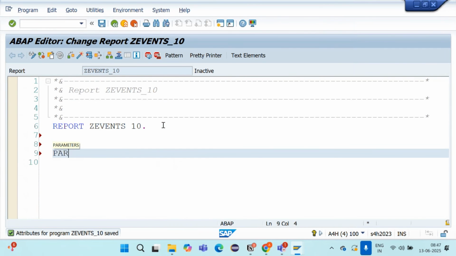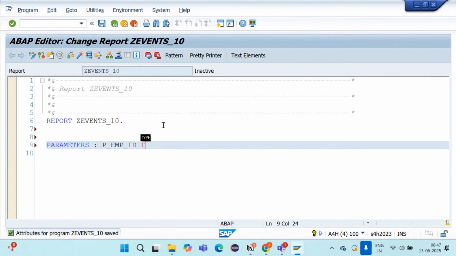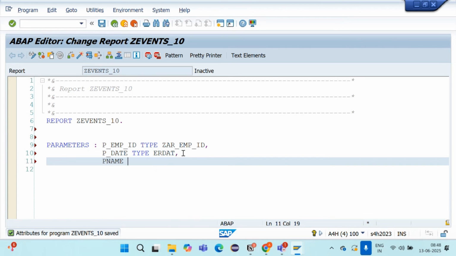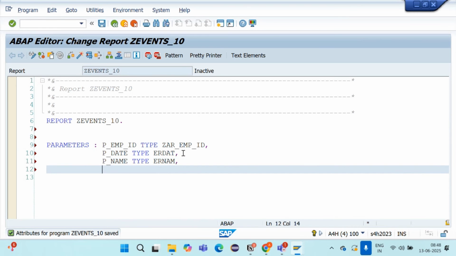Suppose I have some parameters here: P employee ID, type data element; P date, type ERDAT, a standard data element which is there in the VBAK table; P name, type num; P time, type ERZET.